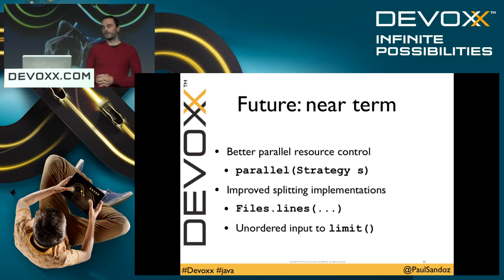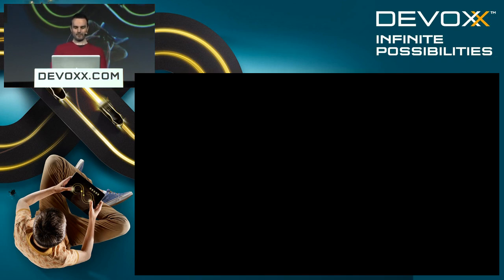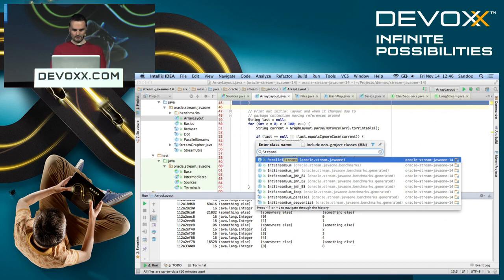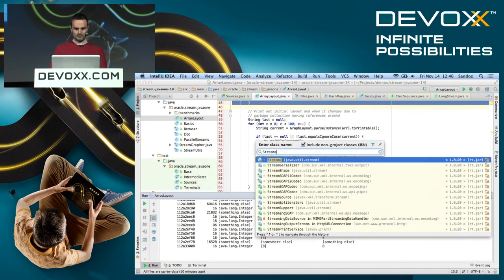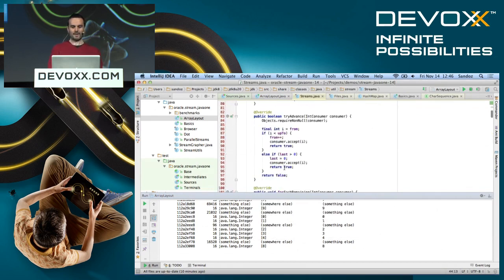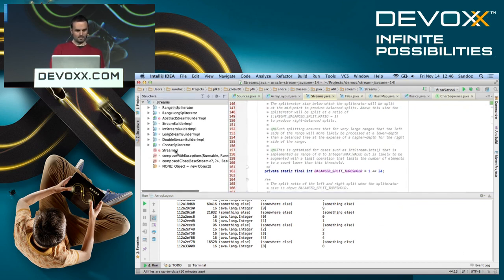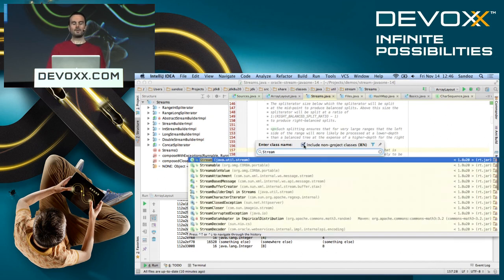Okay. Oh, yes, there are mechanisms to iterate on a stream. If you look at the streams method here, there are a bunch of factory methods, if I can actually find them. I can't actually find them. There are a bunch of factory methods saying iterate, generate, stuff like this.